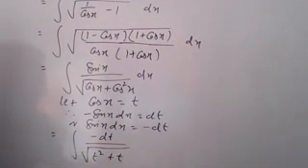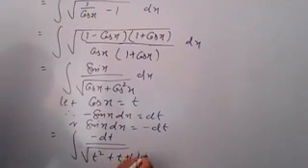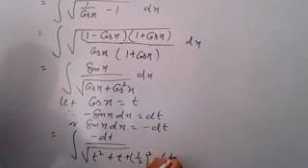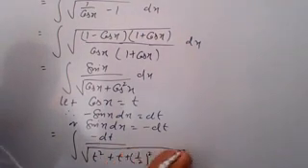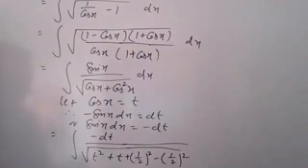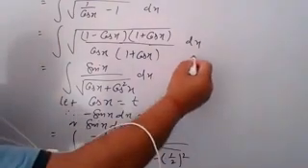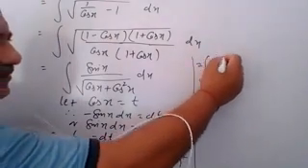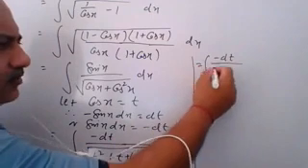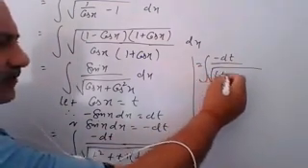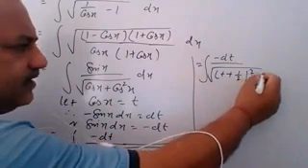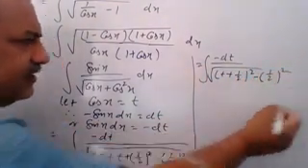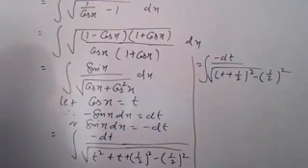Now you make it a perfect square. Taking half the coefficient of t and square of it, so 1 by 2 whole square minus 1 by 2 whole square, you can write in this way. Understand? And that can be written as integration of minus dt upon under root t plus 1 upon 2 whole square minus 1 upon 2 whole square. So that is in the form of 1 upon under root x square minus t square.